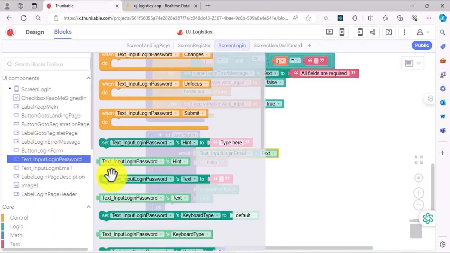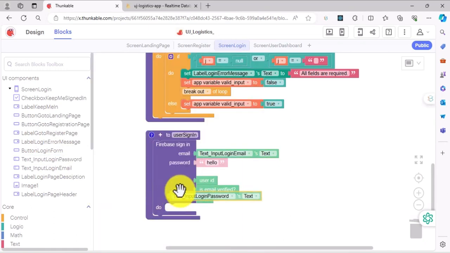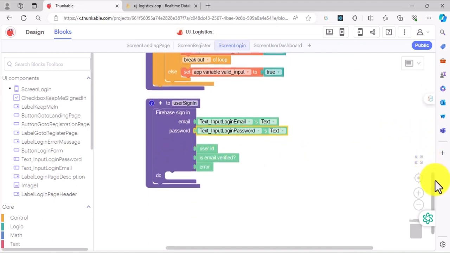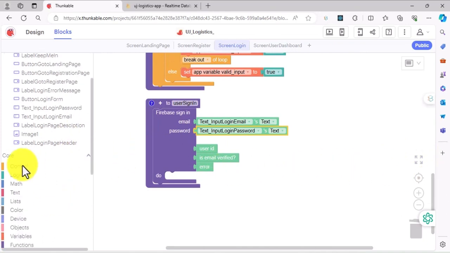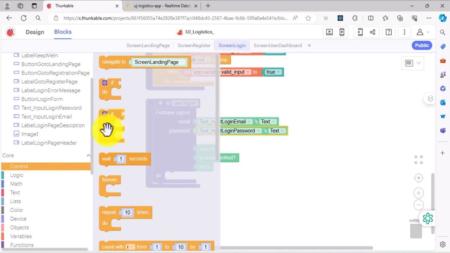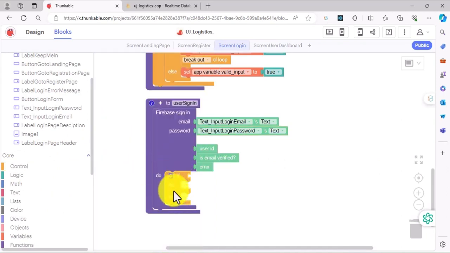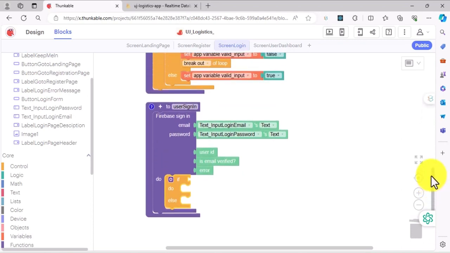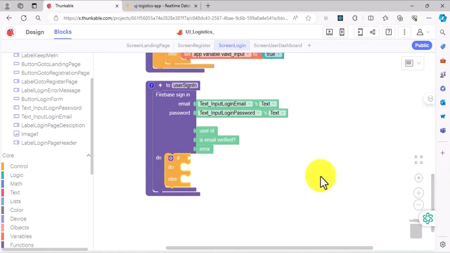So we go ahead to the screen and to the password text. So now that we have that, we have supplied that if Firebase successfully signed the user in, you are going to be getting the user ID, the email is verified, and error. Of course, we are not dealing with the email verification for now. So now we are going to be checking if there's an error, so that we can display it to the user for them to do the needful correction, or to know, okay, maybe they don't have an account. If Firebase finds there's no account for this user, they will definitely know. So now that we have that, we are going to be checking if there's an error, and